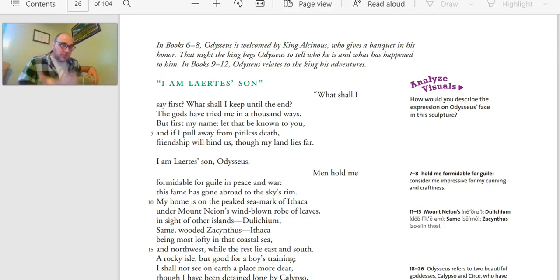Up until this point, the entire story has had this third person storyteller voice. And then as soon as book 9 opens, you get Odysseus who's starting to tell his own story, and it's sort of a flashback. You're going to rewind to immediately at the end of the Trojan War, and you're going to track through all of Odysseus's journeys as it goes through, and he's going to be telling it in his own voice. So the storyteller is now taking on the storytelling voice of Odysseus himself,